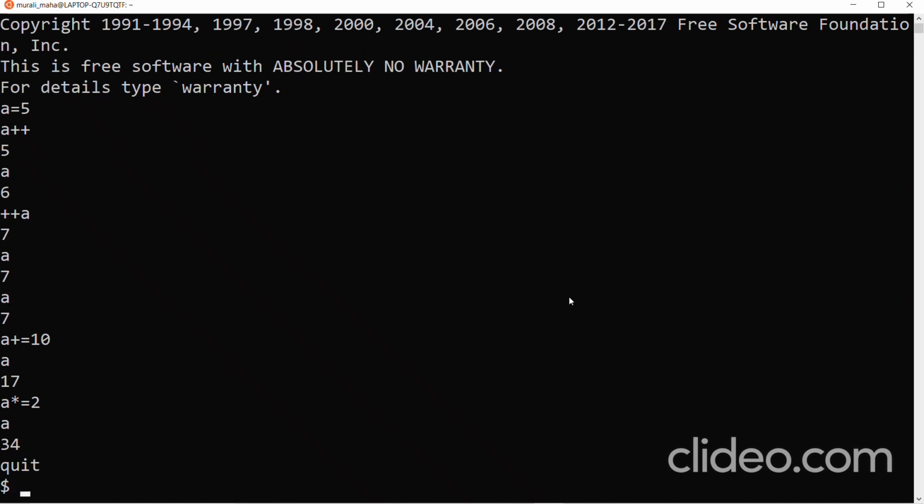So BC basically takes input from the keyboard and it displays output on the monitor. Whichever command takes input from the keyboard, the thumb rule is that it can read input from a file also, it can read input from the pipe also. It can read input from a file name given as argument or input redirection, or it can read input from a pipe. Let us now supply some input through a pipe.